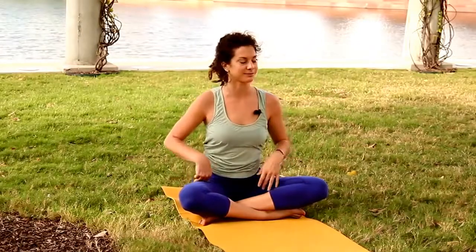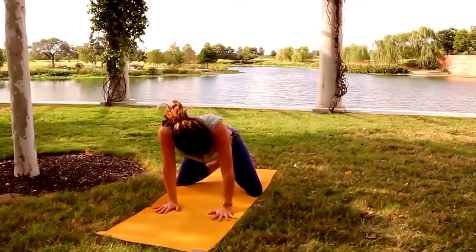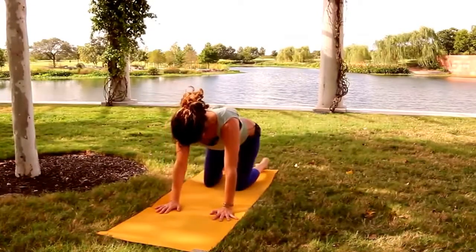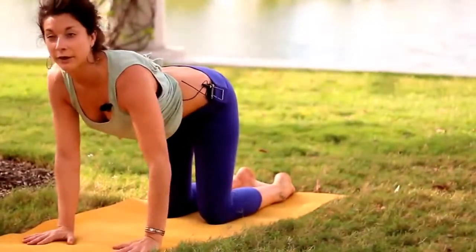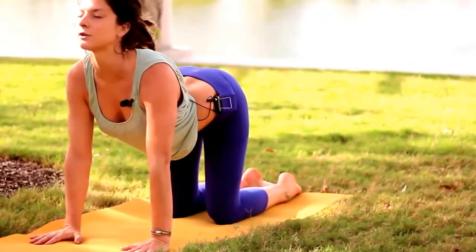Back to center. Take your hands and we're going to roll forward over our knees into tabletop. So just come forward and tuck your toes here. And we're going to take a cat-cow variation. So we're going to take cat here. So tuck,